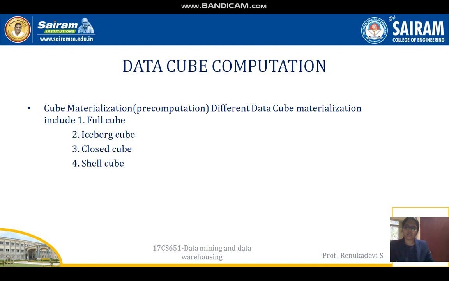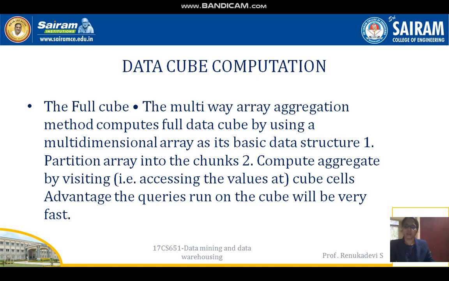The overlap method tries to minimize the number of disk accesses and overlap as much sorting as possible by computing a group by from a parent that shares the longest prefix. If the group by shares a prefix with its parent, then the parent consists of a number of partitions, one for each value of the prefix. It tries to fit as many partitions in memory as possible to avoid writing intermediate results. The common problem over here is that it generates significant IO by sorting intermediate results, it requires a large amount of main memory, and it does not work well on sparse cubes.